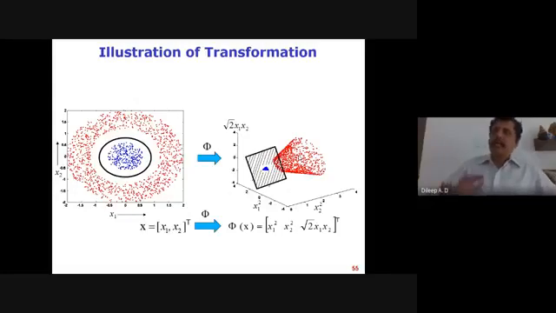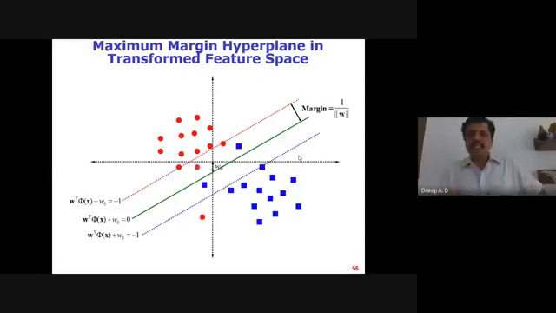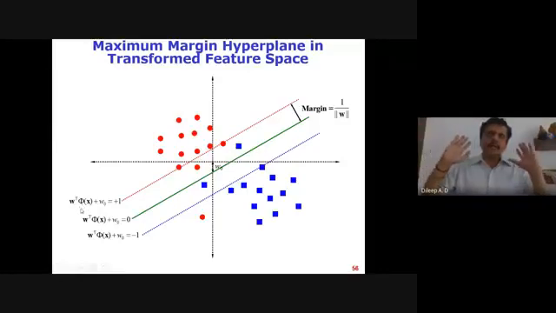Now let's assume that I have a function that is able to do the transformation. So phi is the transformation. It makes a transformation to the higher dimensional space where the data is more linearly separable. If you pay attention here, in the previous case I considered W transpose x plus W naught, where x is data in the input space. Now I have applied this nonlinear transformation, so now I am in the phi space. Are you with me? It's just a simple thing you need to consider here.